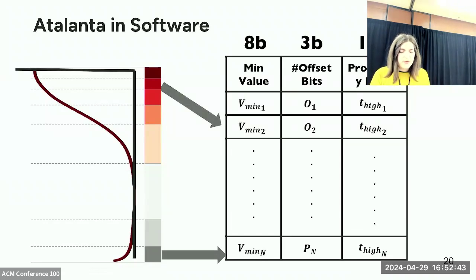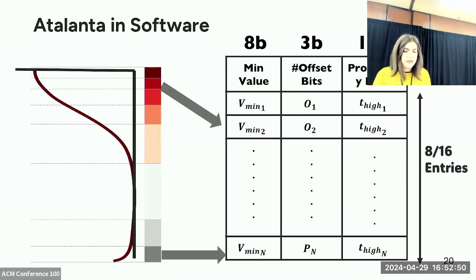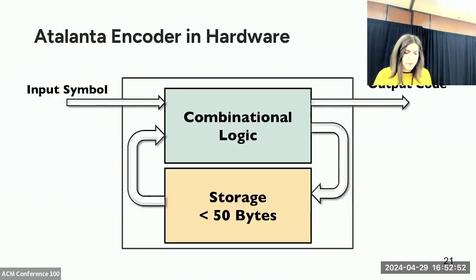In our experiment, we find that 3 or 4 bits for index were enough, so that the tables in total have 8 or 16 entries in most of the cases. And then we have the hardware component of Atalanta. The probability table, along with other storage elements, requires a storage that is less than 50 bytes per instance. And the rest is a small unit that has some combinatorial logic. For more details on our hardware, please read our paper.